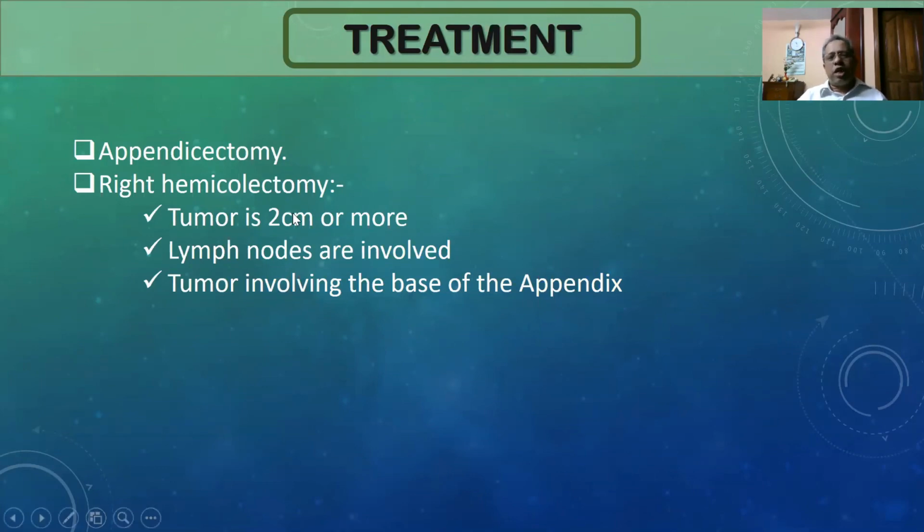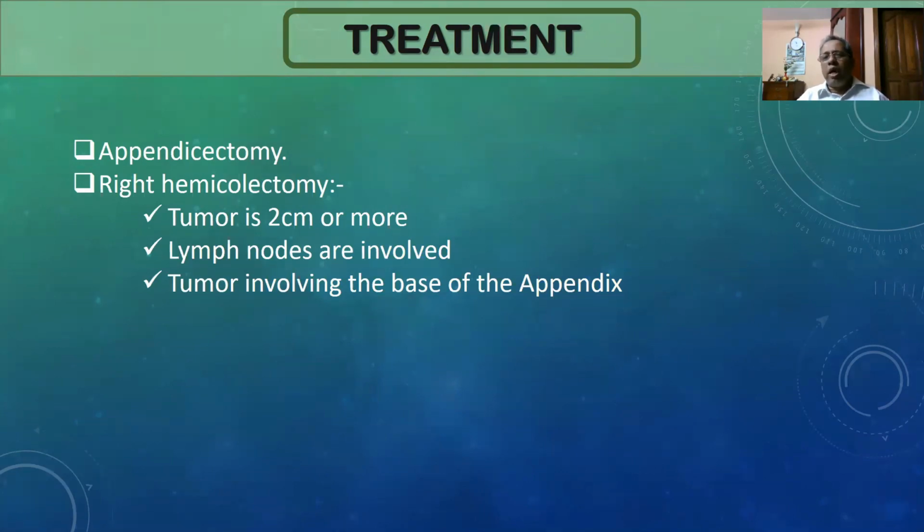So if it is less than 2 centimeter, if it is in the tip, appendicectomy is sufficient. But if it is more than 2 centimeter or 2, you can go for right hemicolectomy. If the lesion is 1 centimeter, but there are multiple lymph nodes there, you don't go for appendicectomy, you go for right hemicolectomy. Because in case of right hemicolectomy, you remove the terminal ileum, cecum, appendix, ascending colon, right 1/3 of the transverse colon,